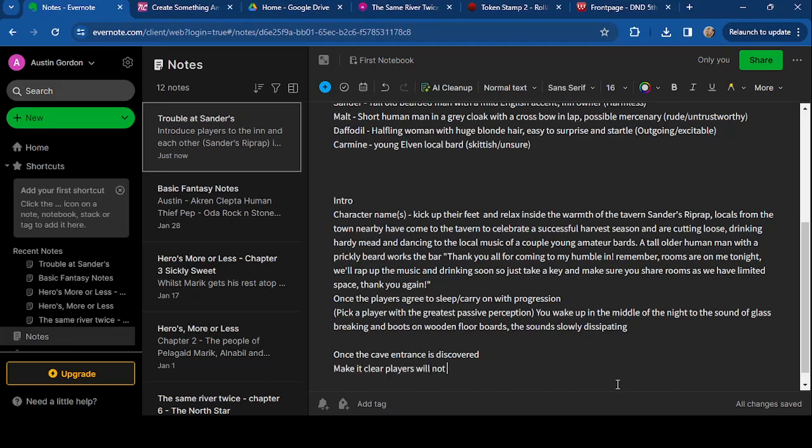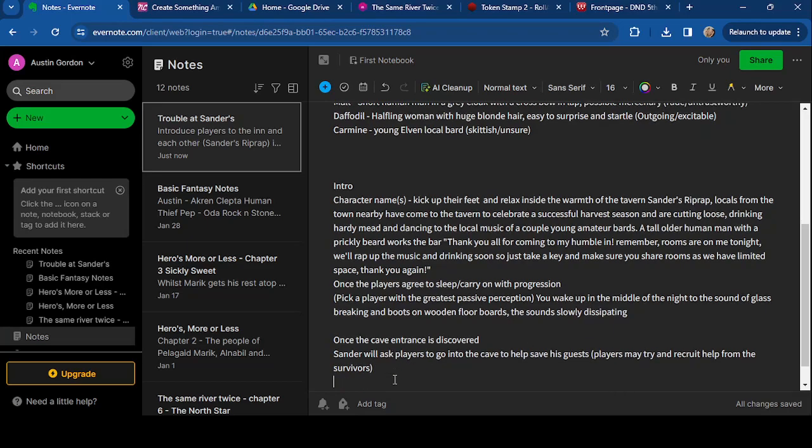So now, once I have the tavern set up, the intro's all set up, some of the NPCs are ready to go, they're around, the scene is set, I'm going to set up the cave, which is the next point for the session to go to. Basically just write down what the players are going to see going in there, some enemies, and